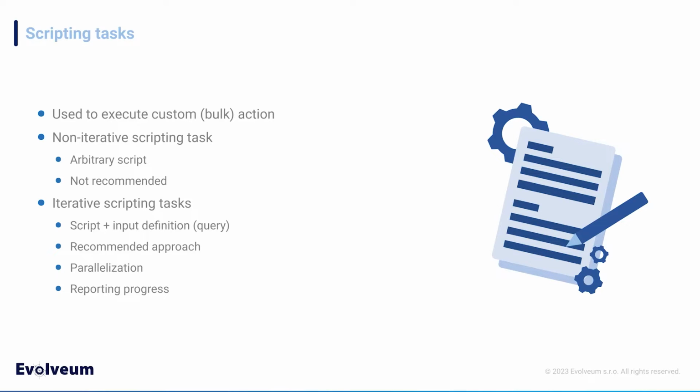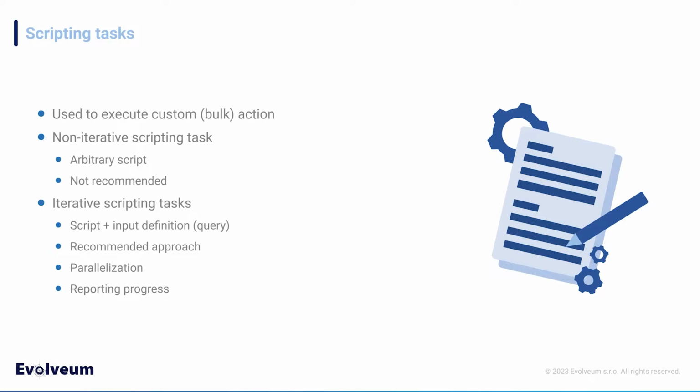And you basically have a completely arbitrary script, which the whole task processing and execution doesn't understand. It's just a script that needs to be executed. That means it cannot be optimized. It will just schedule it, run it, and whatever you write into the script will be done. But this is usually not recommended because we have a better way of doing things, and it is